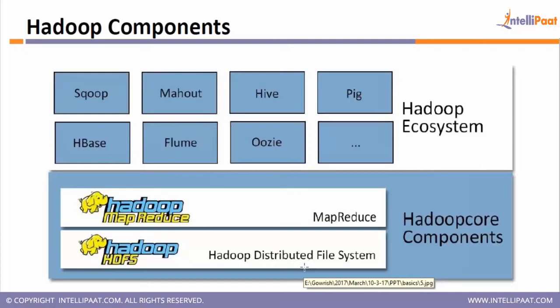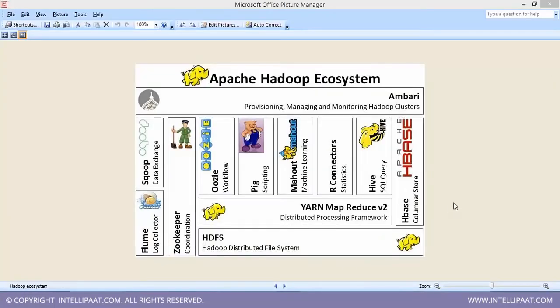Yarn is not shown to you in this diagram. This is basically the Apache Hadoop ecosystem for 2.x. The earlier diagram was more related to the older version of Hadoop. Currently we are looking at HDFS as a storage layer. You can see the bottom layer is HDFS, which is for storing your data. Then we have another framework called Yarn. Yarn is a framework which allows us to process the data available on multiple nodes of HDFS.